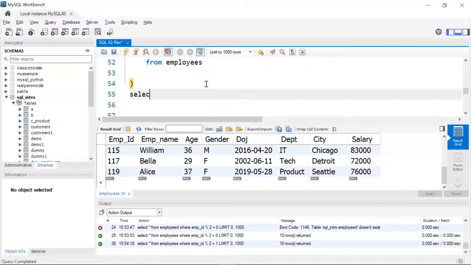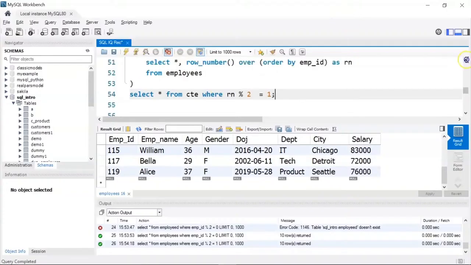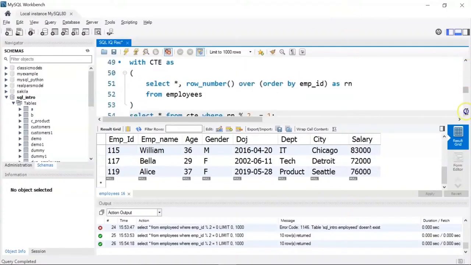I'll write select. Let me remove the space here. Okay, I'll write select star from CTE, where my row number percentage 2 equal to 1. Now let's see this from the top. So I have my common table expression where I am going to create a